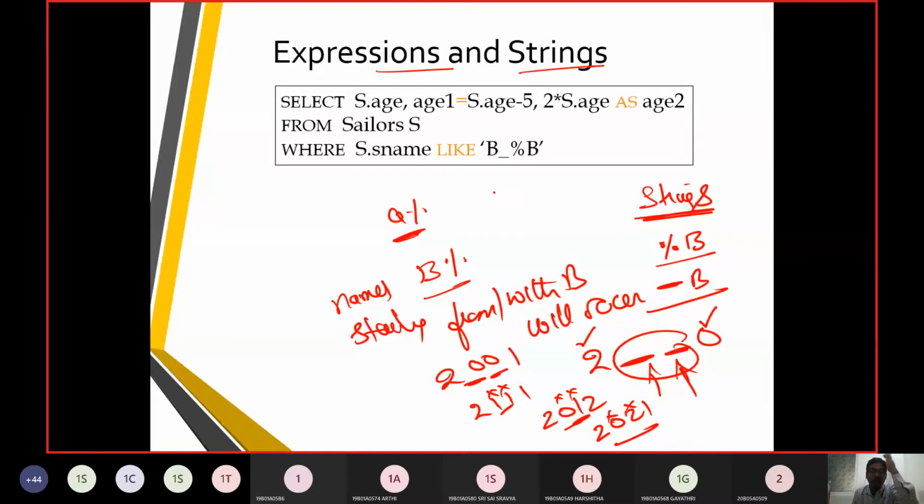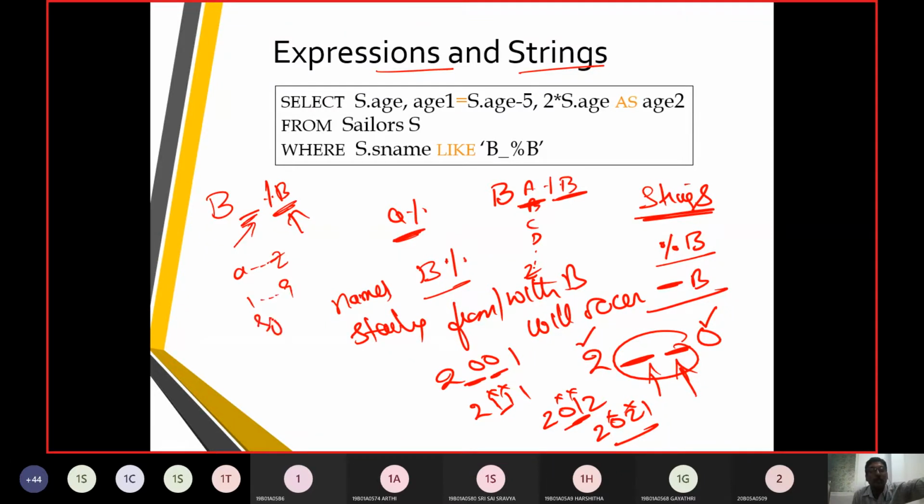Now you can see the condition here. The first character should be B. The next character can be A, B, C, D up to Z, whatever it can be. And the third character should compulsorily be B. So this was the condition we are going to make: B, blank, B, percentage. The third position is fixed with B, and the second position is a blank. It can be filled with A to Z, or 1 to 9, or special characters. Anything can be placed at this position, nothing to bother about.